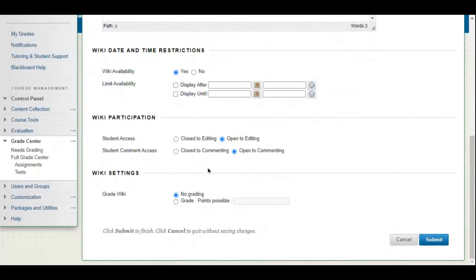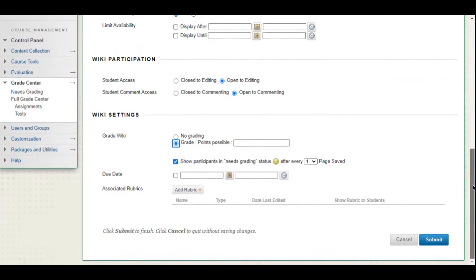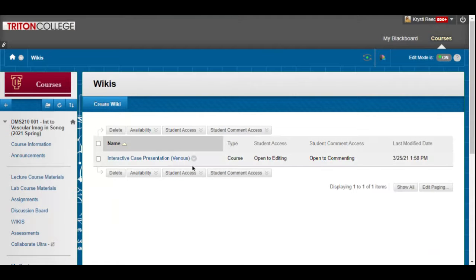And then do you want editing to be open where anybody can edit? Do you want it closed to editing to where you're the only one that can make changes? And then access. Again, do you want students to be able to comment or not? You can have ungraded wikis, or you can have the graded wikis, and then you can see that everything down here populates the same. So let me, what I'm going to do is I'm going to stop sharing my screen for a second,